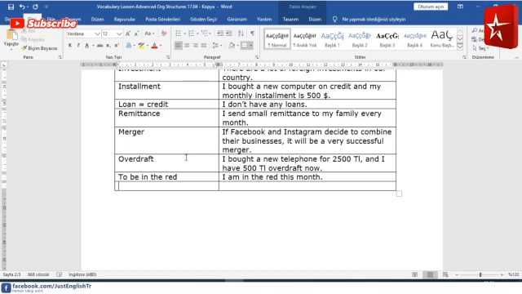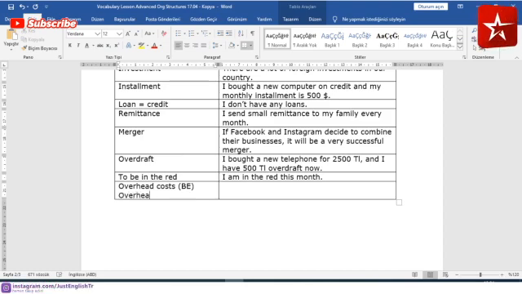The next thing that we should learn for today is overhead. It has two different possibilities. We can use overhead costs. This is British English. And we can also use overheads. This is American English. Overhead costs or overheads are the regular and necessary costs for the company. It doesn't depend on how many products you produce. For example, the rent or the electricity, water bills. These things are